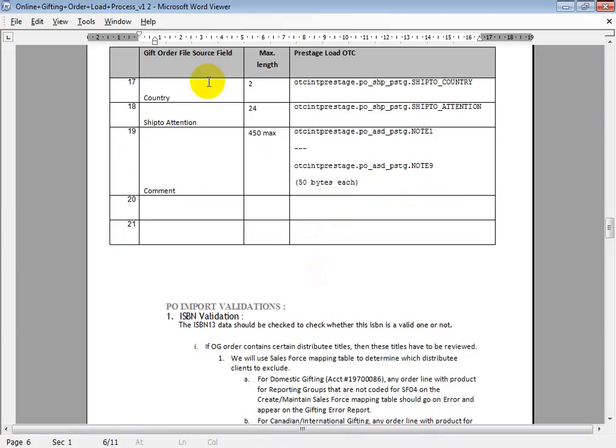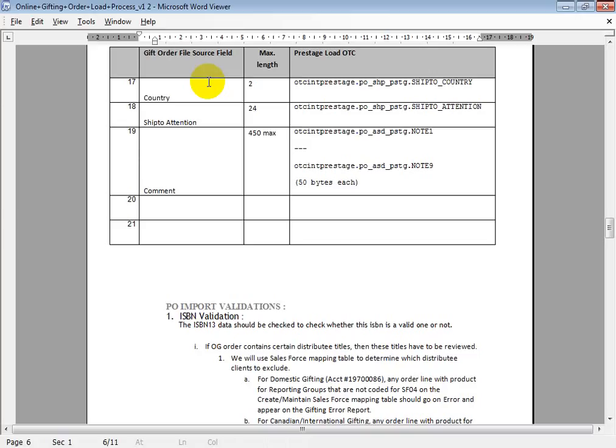Is it okay? Which one? That FTP file. Oh, that will be nice, yes. I'll mail you and you just have a look, but there's nothing much to do with that file. Okay, but just how the file looks and all. As and when you submit the order, the file will be generated at the FTP server location.